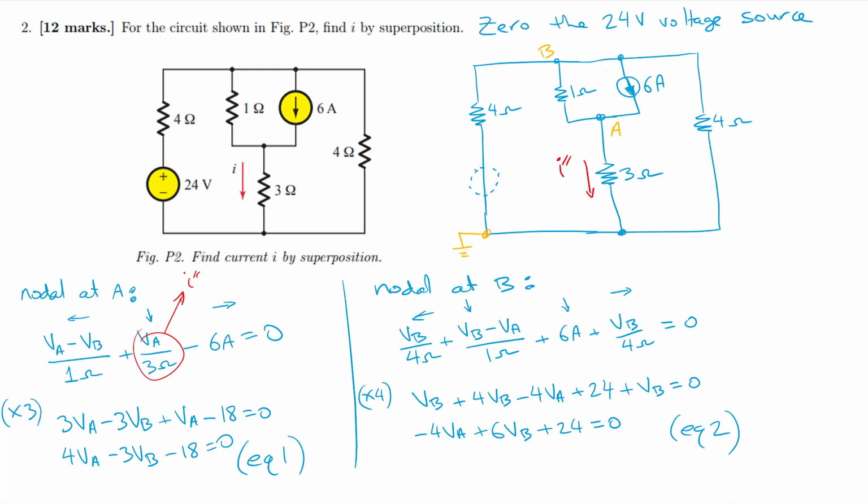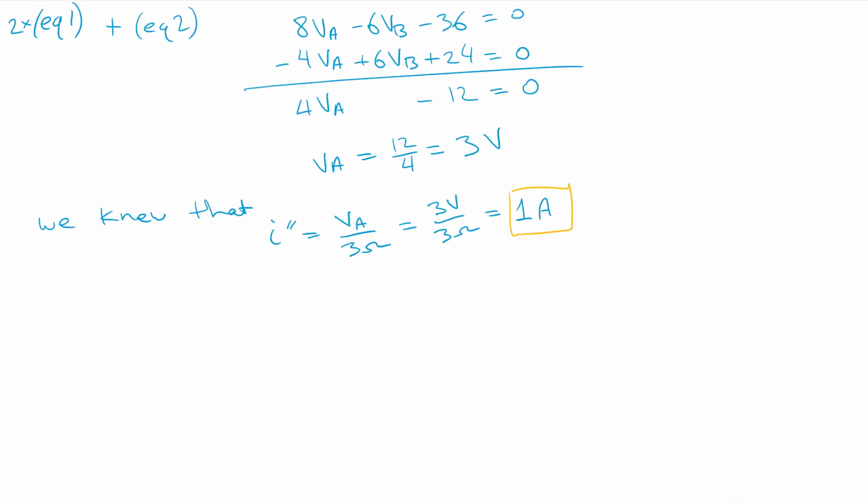And then I'll get rid of the denominator and simplify the equation, and I get this. So then I see that I just want to solve for VA. I don't even care about VB. So if I manipulate these equations, I can solve for VA. And what I'm going to do is this. I'm going to double equation 1 and add it to equation 2. So this is equation 1 doubled on the top, okay? And then we do addition, add those, and then we get